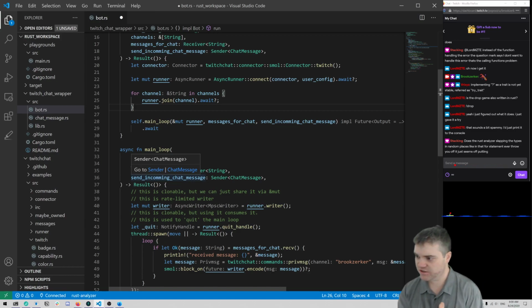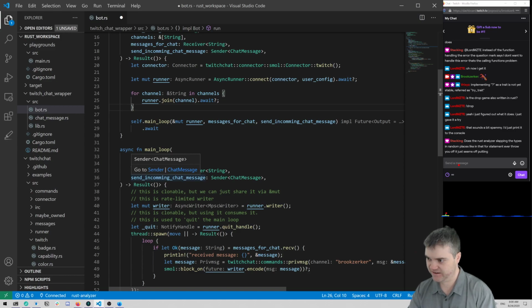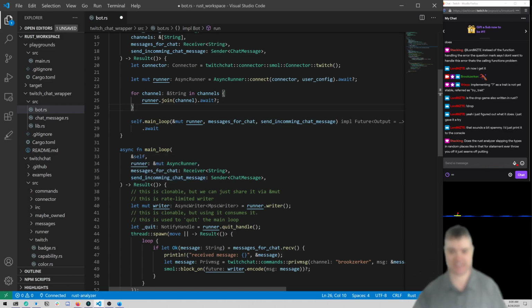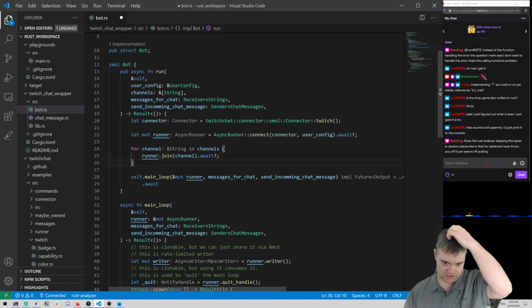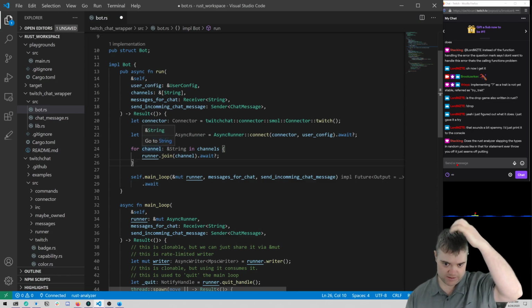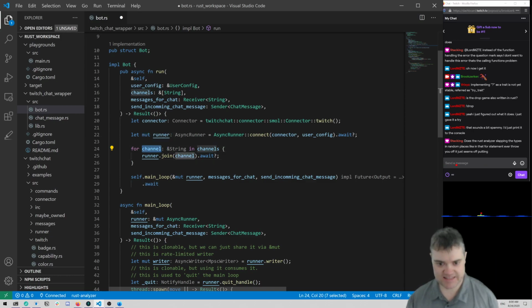Does the Rust analyzer slapping the types in random places like that in that for statement ever throw you off? It does. It definitely took me more time to get used to it. So for example, you're talking about this for loop, right? It's showing me that this channel is now a reference to a string based upon what's happening in a for loop.